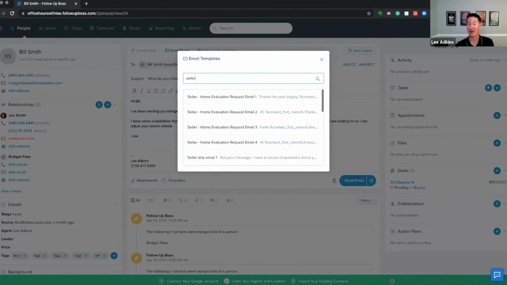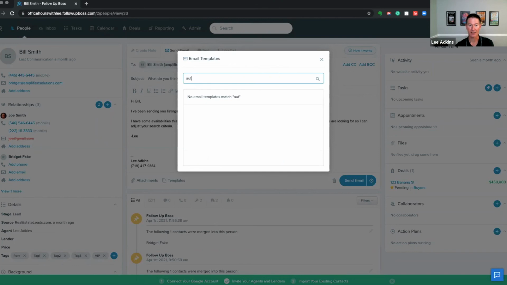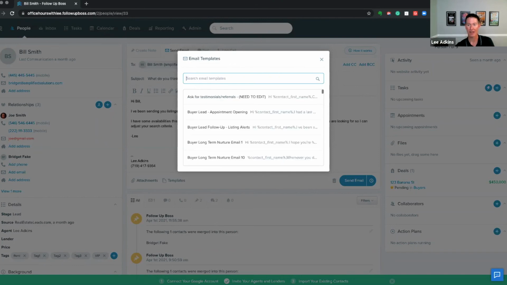Yeah, I did this the other day with somebody. I was like, let's find that seller template, and there's 100 seller templates in here. Totally good point. There's none in here like that, but if you did name them your name or your initials, it'd be a lot easier to find these. Let's just see if there's something to that effect. Like the other things, they narrow as you start to add the words.